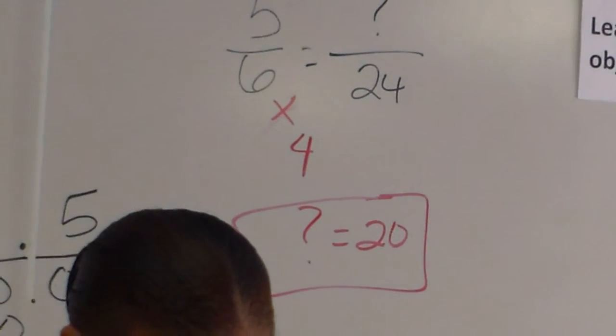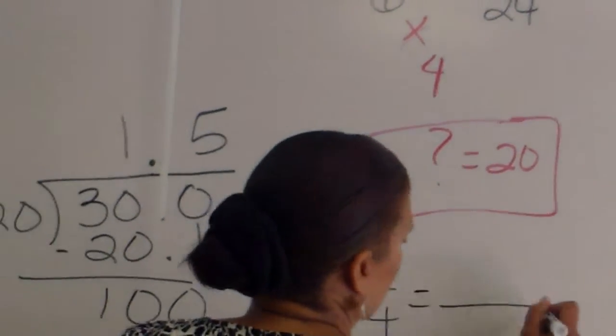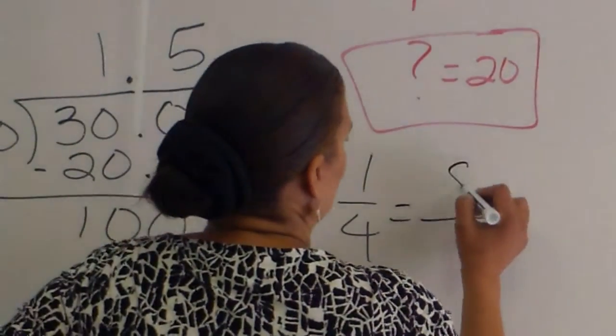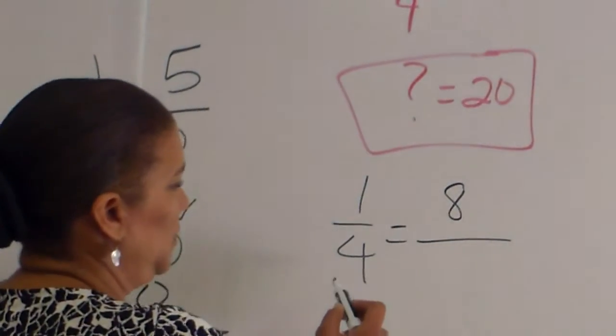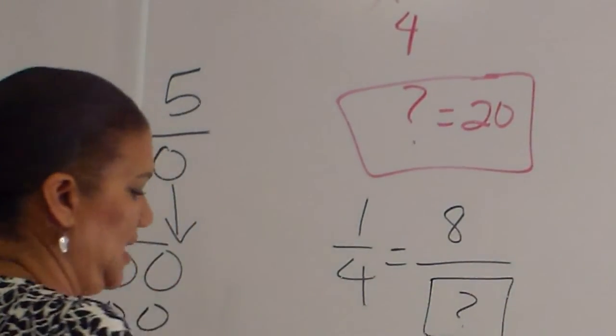Let's do another one to get you started. 1 is to 4 is equivalent to 8 is to